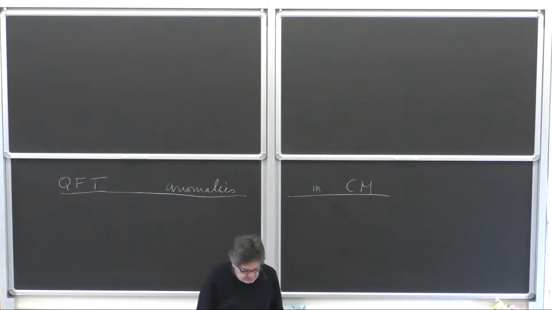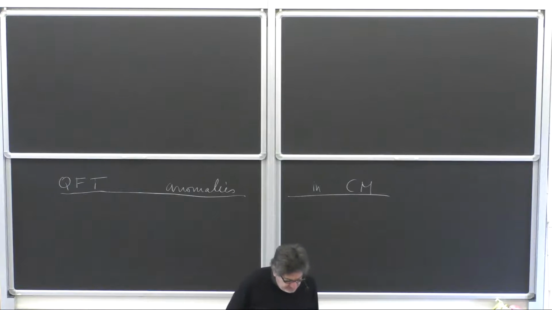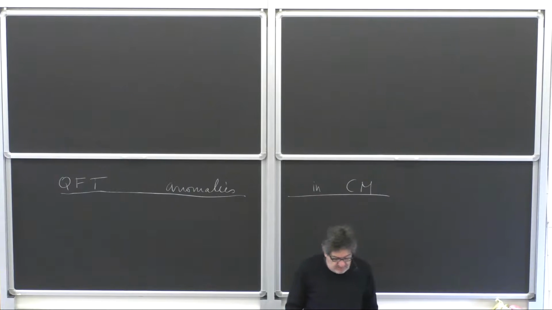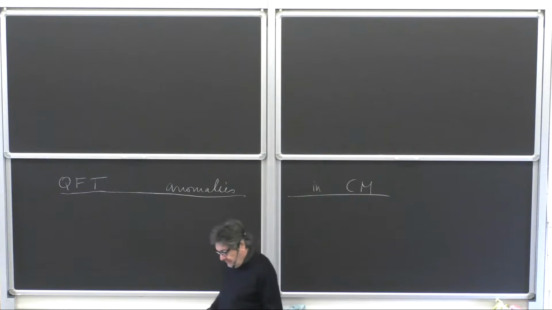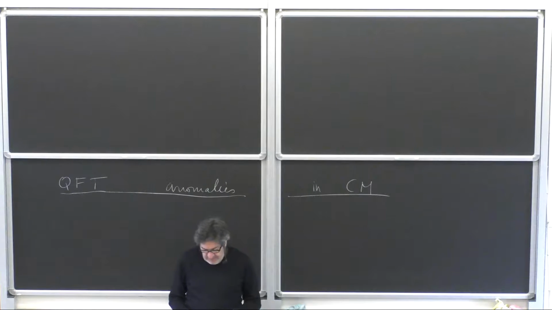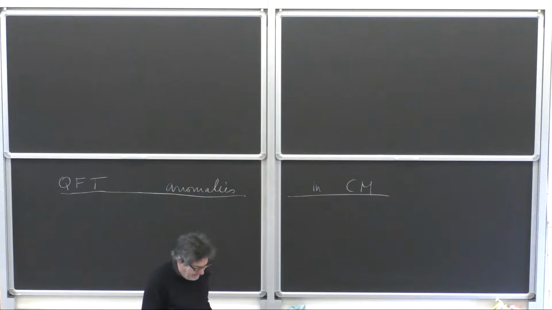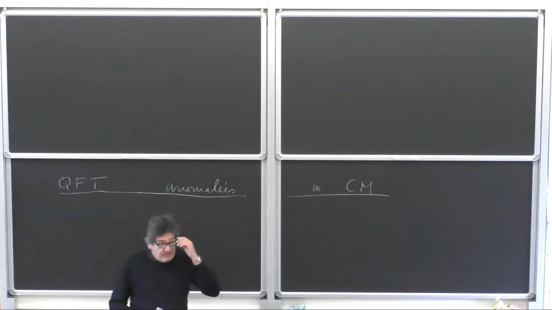This is a course on quantum field theory, anomalies, condensed matter. So I first start with some words. As usual in a course, we start with some words. What is this all about? First of all, we try to understand these three words: quantum field theory, anomalies, and condensed matter, and the relation between them. So first of all, what is quantum field theory?